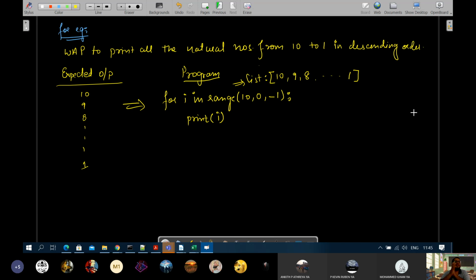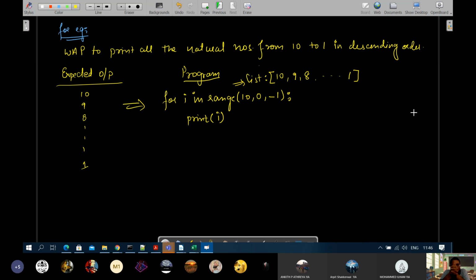We have learned very good important things in for. Sir, if we write this way, we can't take -1 as +1. No. Positive means it will add to the first value; negative means it will subtract from the first value.